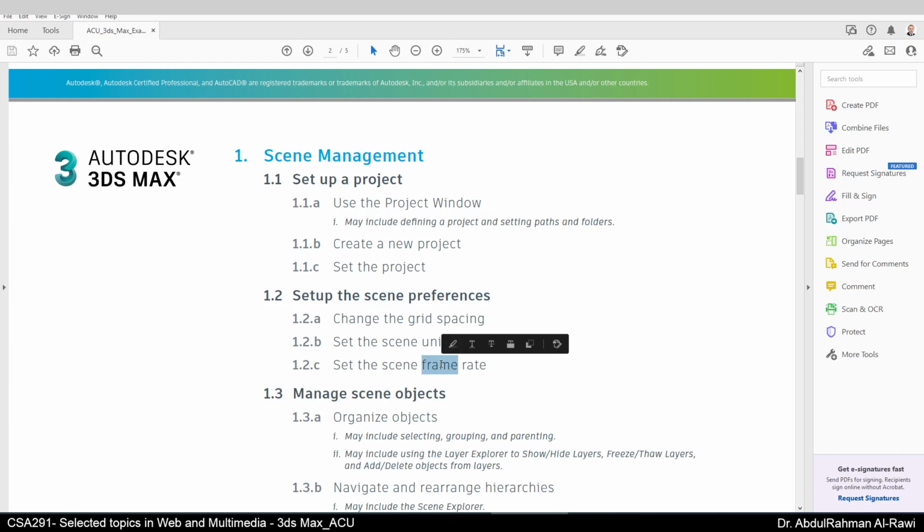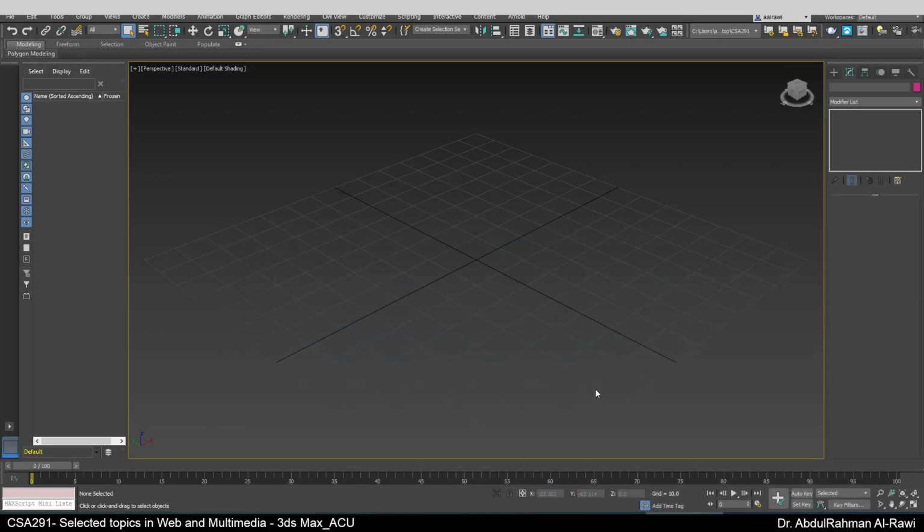So how are you going to change the frame rate? The frame rate is how many frames are needed per second to create your animation, and this is actually very simple, and I'm not going to go through it because you already know it anyway. But from where you can change it in 3D Studio Max, the simplest location to change this is you go here to the time configuration button. When you click,